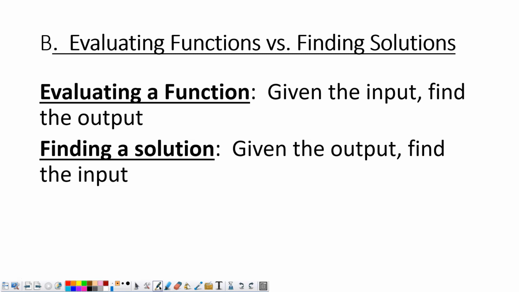So for instance, here's a function. If I give you an input, like let's say 3, and your job is to find the output, that's what we call evaluating a function. Now finding the solution is similar because you're going to plug something in and get an answer, but it's actually the opposite. Finding a solution means I give you the output and your job is to find the input. So for instance,